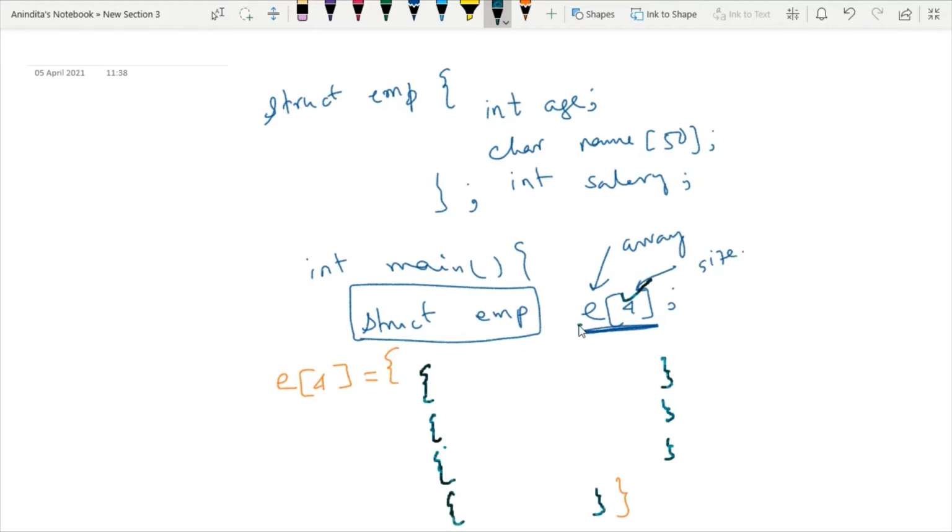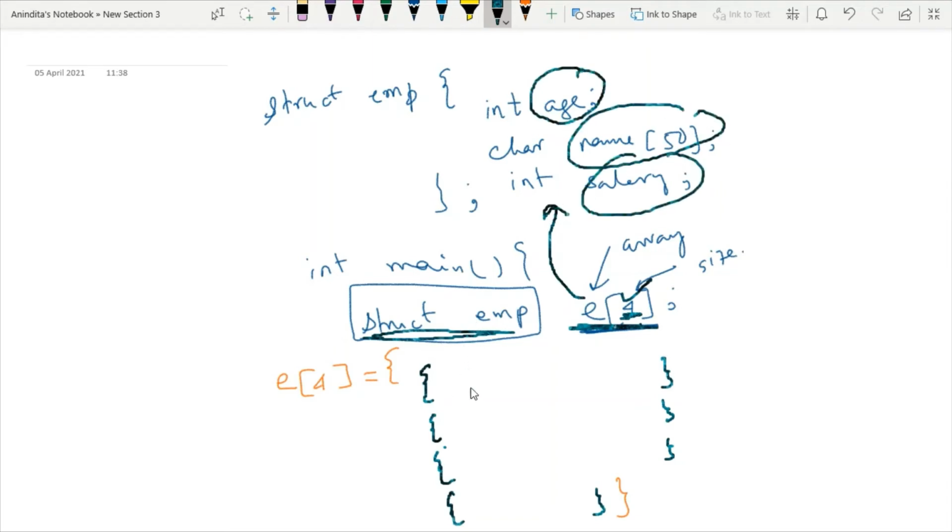How? Since E is the array of size 4 and data type of E is struct emp, inside E I can take these three different values. In this first curly braces, I will take first the age of the employee, then the name of the employee. Since name is the character, I'm writing it in double quotes, and then the salary of the employee. Then put semicolon.